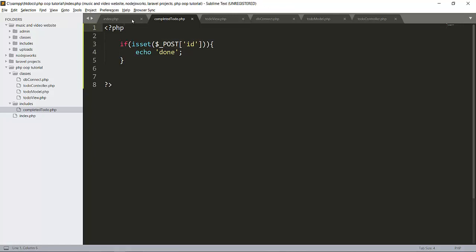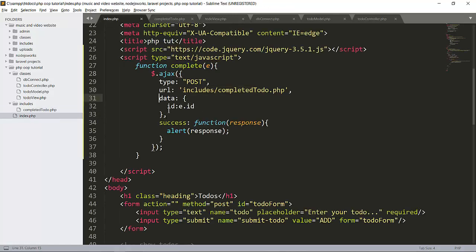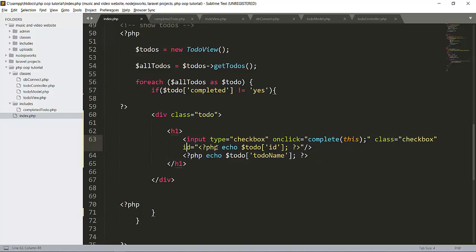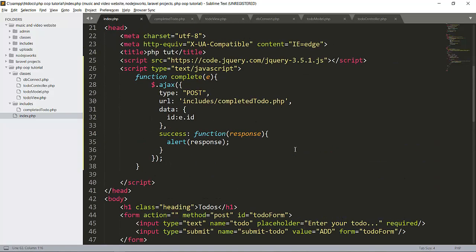Data will be, I pass the data as id, and that id belongs to this input id here. When there is success, it will alert the response.